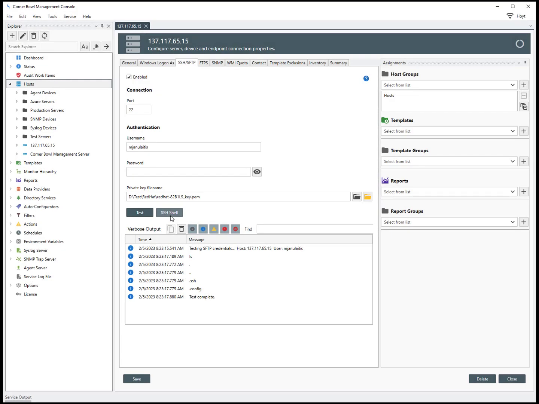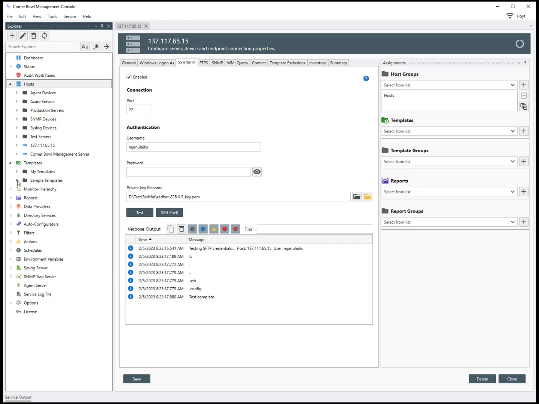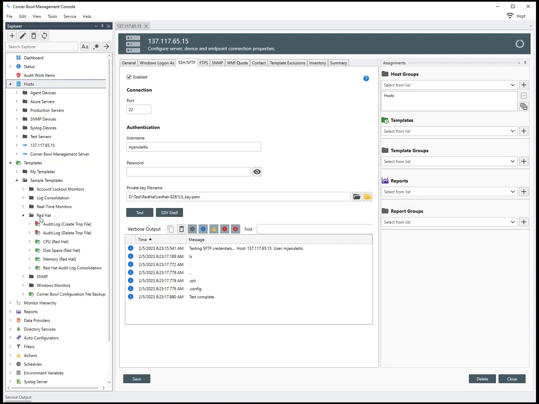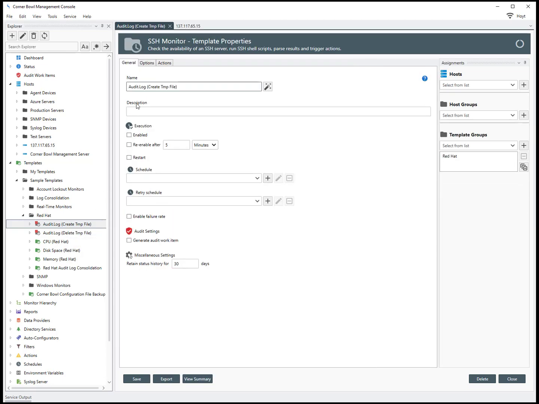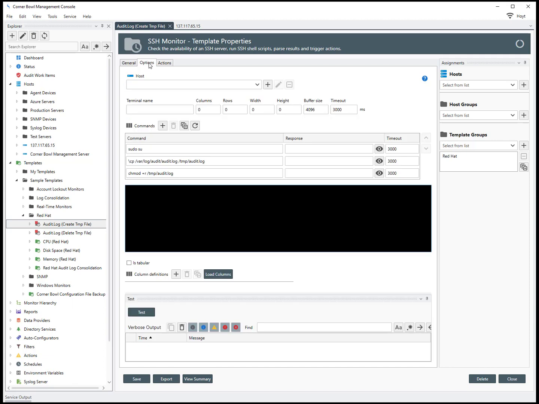Next, let's look at the templates required to consolidate Red Hat audit logs. From the Explorer view, expand Templates, Sample Templates, Red Hat. Notice there are 6 templates listed: Audit log create temp file, Audit log delete temp file, CPU, disk space, memory, and Red Hat audit log consolidation. If we open the audit log create temp file template, we can see the SSH commands required to copy the audit log file to a temporary directory for consumption through SFTP. They are